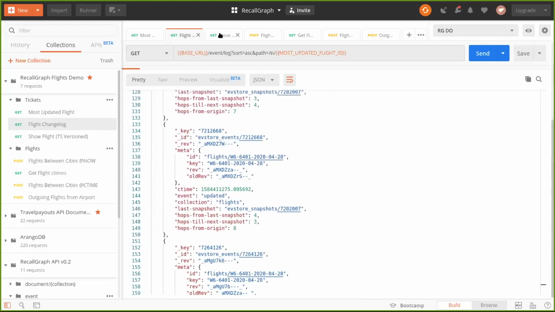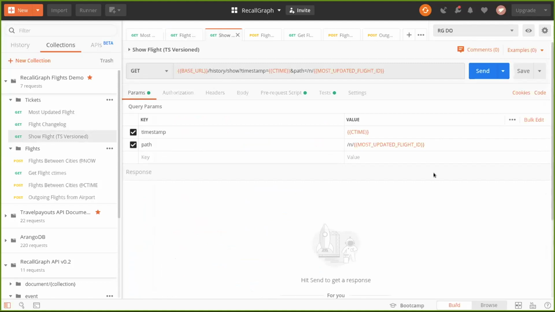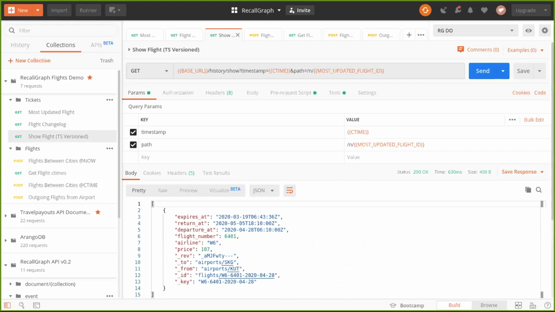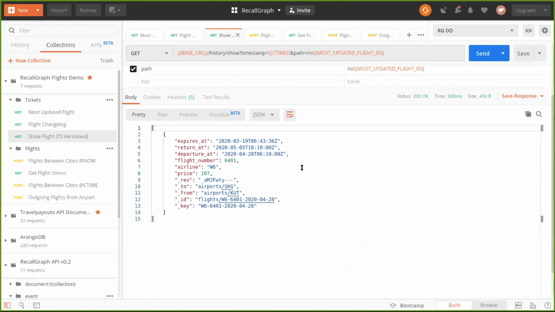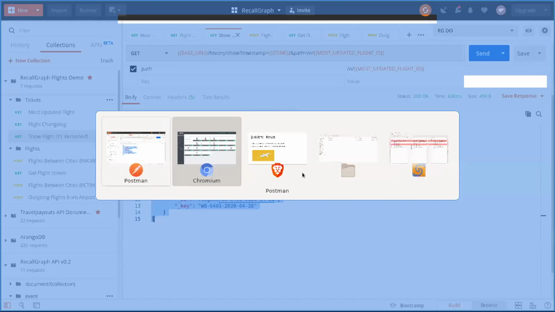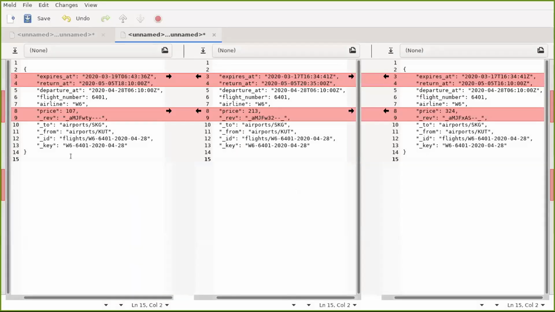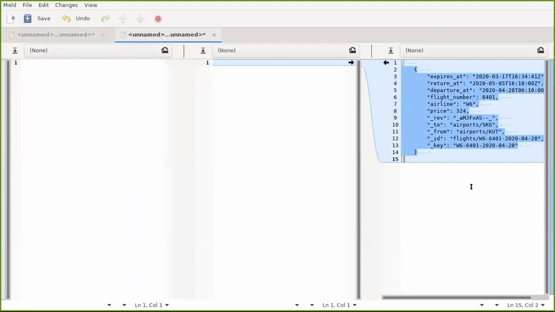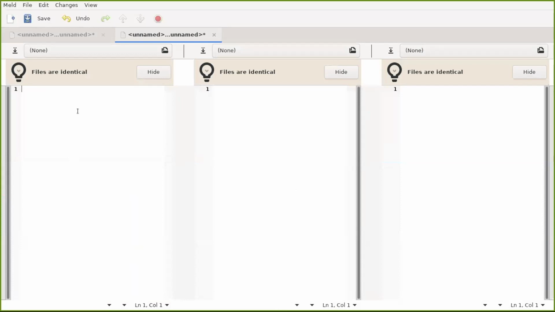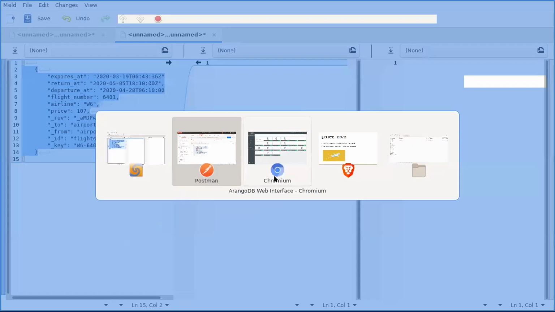So that now I can rebuild its state at various points of time. I can cycle through this rebuild query a few times, and every time it will rebuild at a different point in time. And I will take the content of this and paste it into a diff tool.